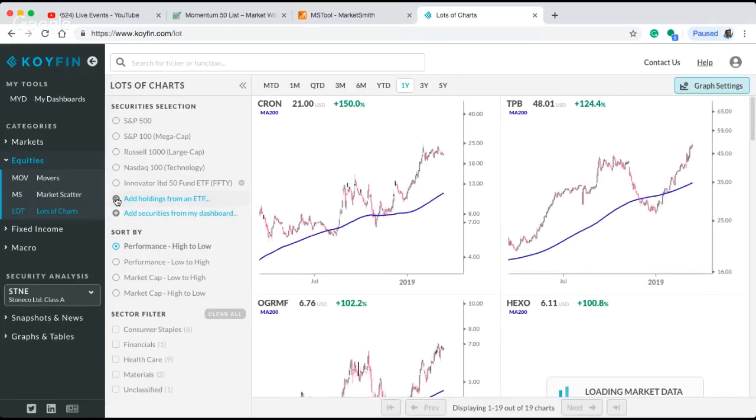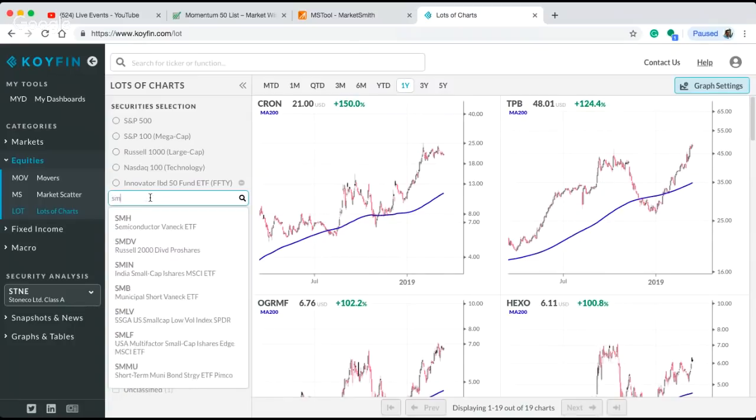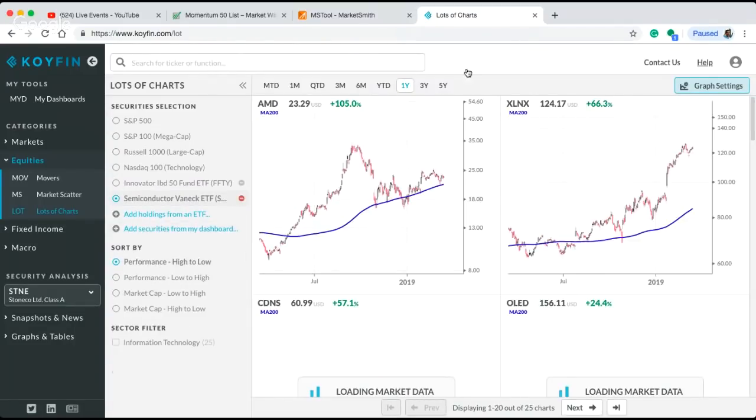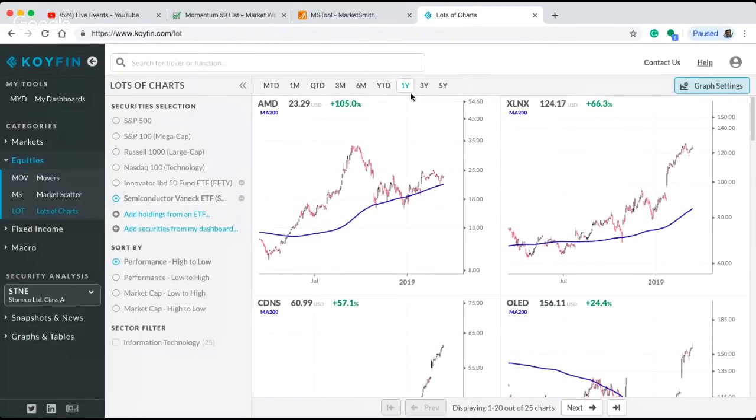Okay, so let's see. It's pretty broad. Let's see some numbers. These are the SMH holdings ranked by 1 year performance. As you can see, we see AMD, XLNX. This one has been on the Momentum 50 list forever, I think, for the past 50-60%. Yeah. CDNS,